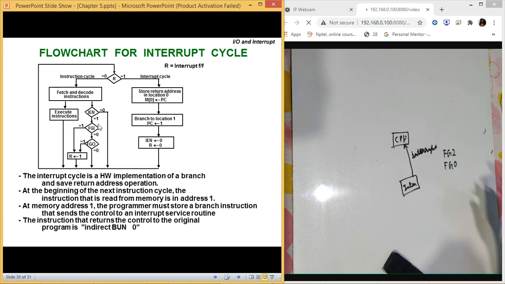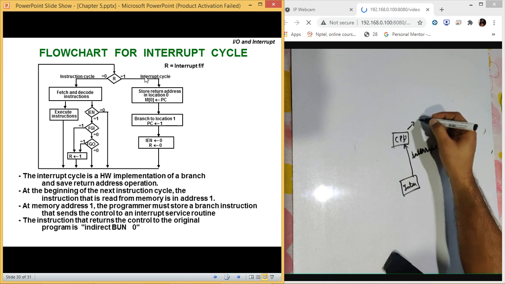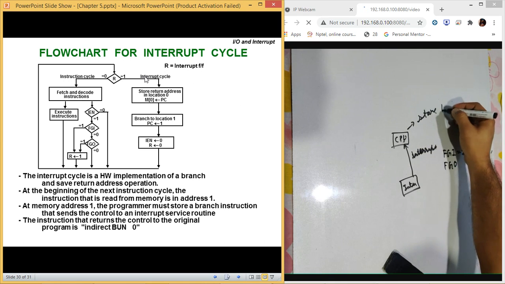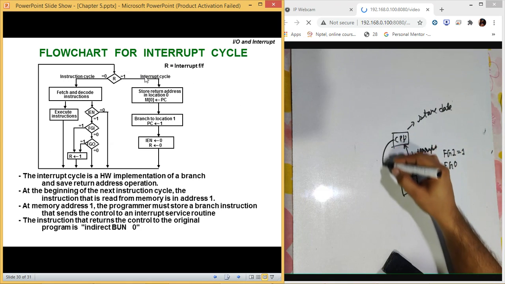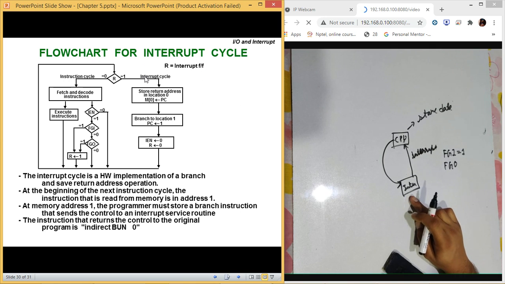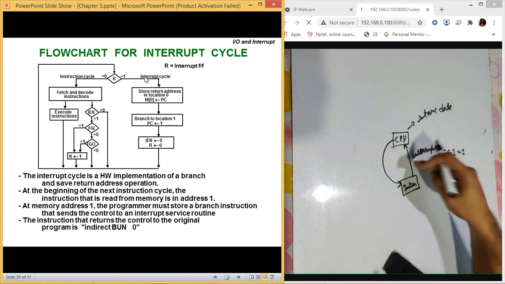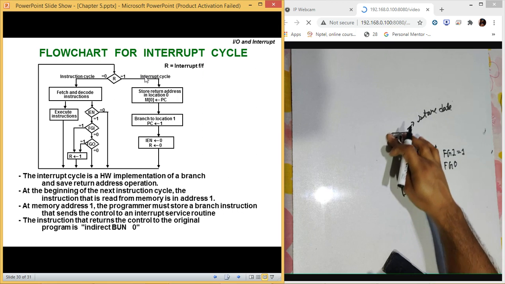If FGI is 1, then R becomes 1, which means it is on an interrupt cycle. So once it is on the interrupt cycle, it stores the data which it was executing. The CPU will store that data at some location and jump to the execution of that input output instruction.